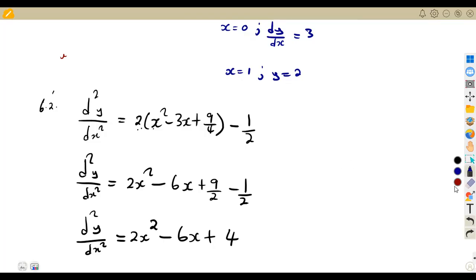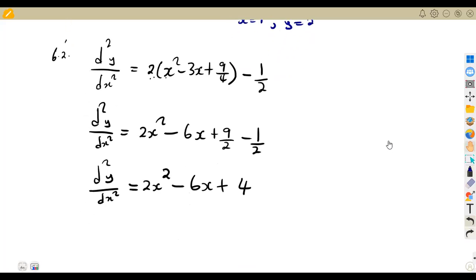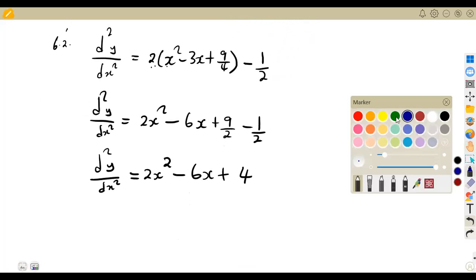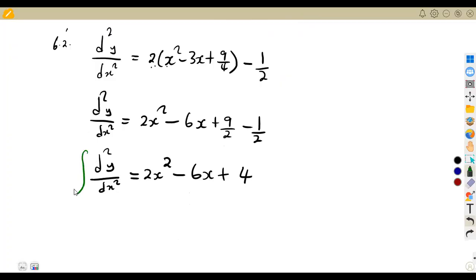So now you can apply your integration properly, because here we want to find y at the end. How do you deal with the second order? You integrate throughout with respect to x. Like I said in the first place, we are supposed to integrate this part with respect to x. If you integrate the second derivative, you obtain dy dx. This is the second order. You go back to the first order, whereby you're going to have dy dx, which is equal to,